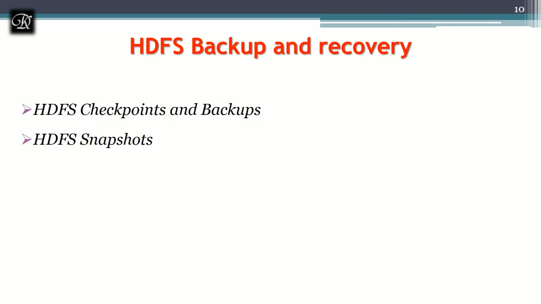These offer some features. The snapshot can be taken of a subtree of the file system or the entire file system. Like the tree architecture of folders: if you go to Windows Explorer, on the C drive you have Windows, in that you have some other folders, and in those some more folders, like that, the tree architecture. So you can take a snapshot of a particular subtree, or else of the complete system. This is one feature it supports.